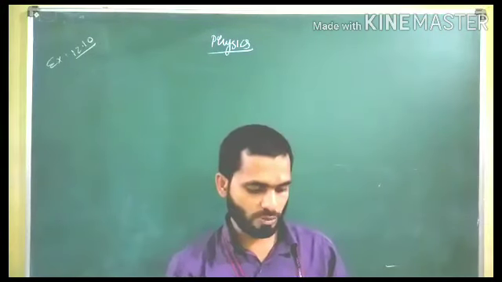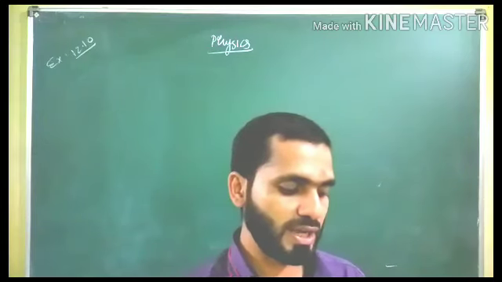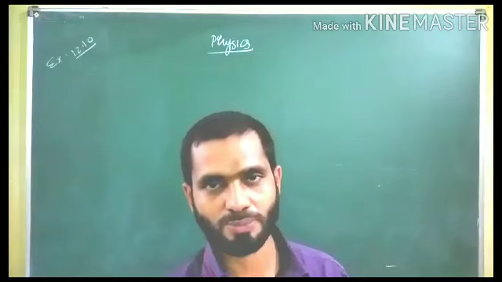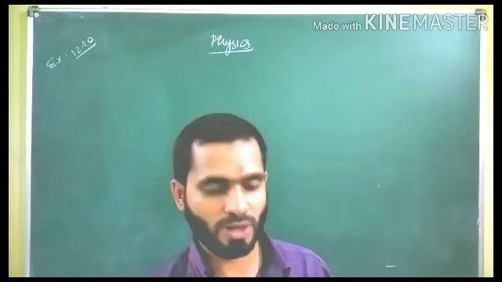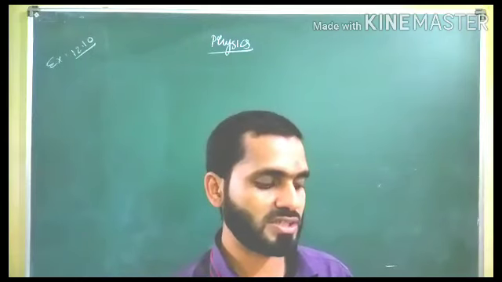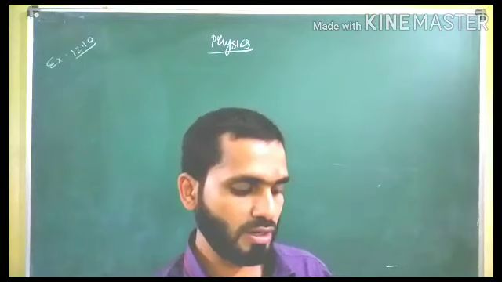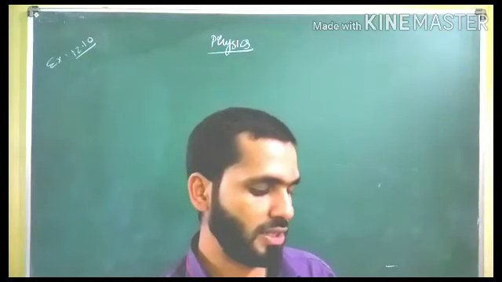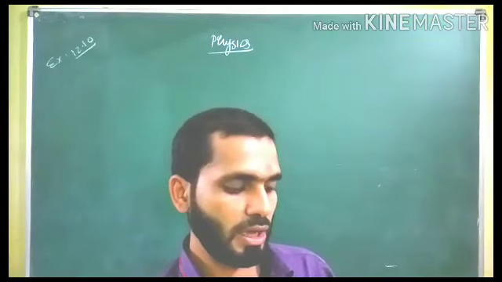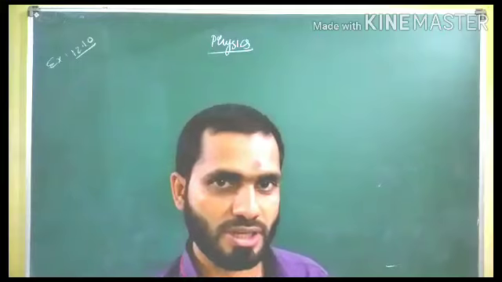I'll repeat the question once again. An electric iron consumes energy at the rate of 840 watts. It means power given. Power given students. When heating is at the maximum rate and 360 watts when the heating is at the minimum. The voltage is 220 volt. What are the current and the resistance in each case?